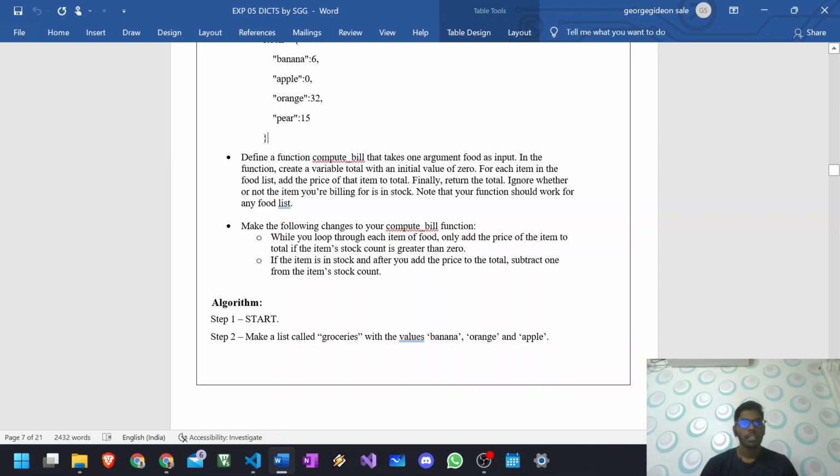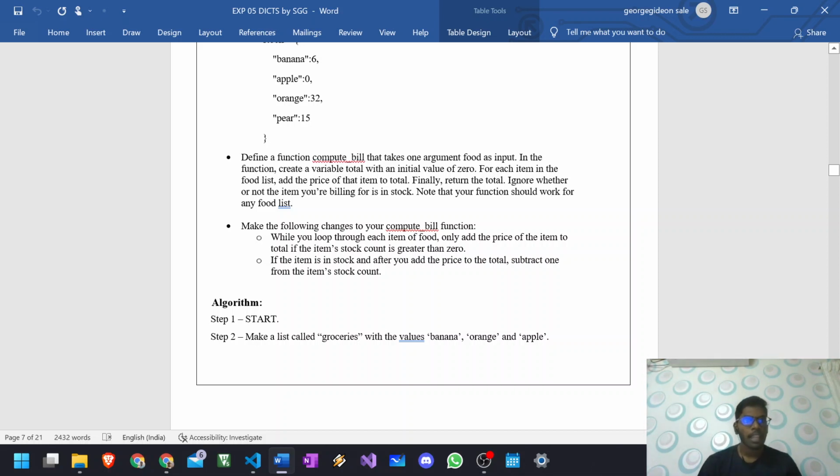So we have to initialize a variable called total, and its value should be 0. For each item in the food list, that is the argument which I have passed to the function before. Here the food list denotes the food which we have passed into the function,